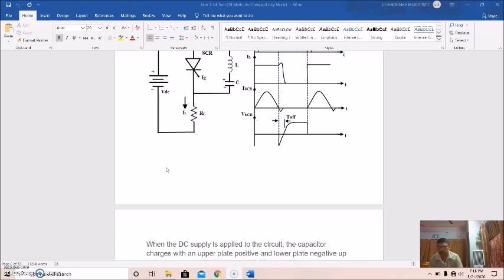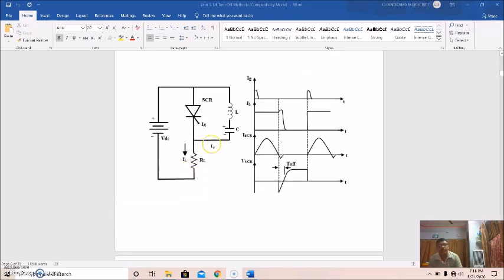And at mode 4, when the thyristor is turned off, the capacitor again starts to charge with the upper plate positive and the lower plate negative. When the capacitor is fully charged, the thyristor will operate in the forward blocking state, and it will be turned on with a trigger pulse if it is applied in this way. So this total phenomenon is explained here in this